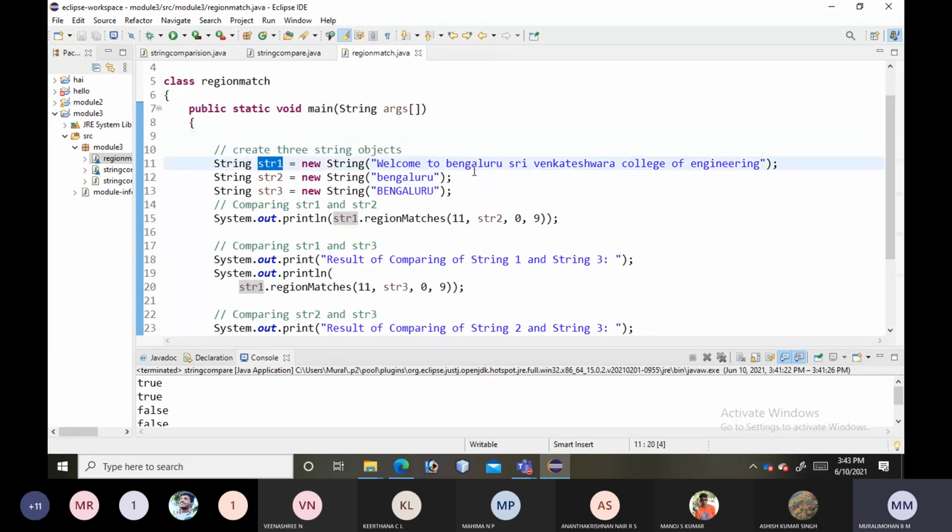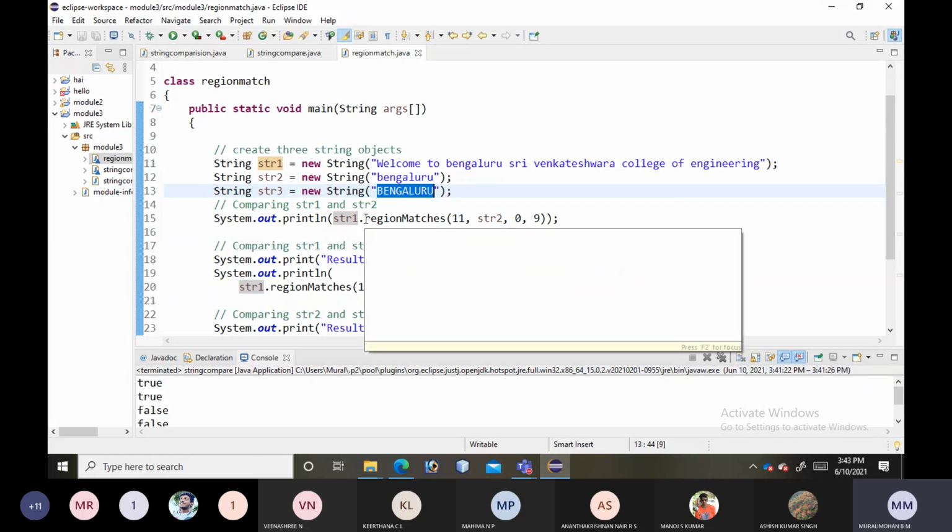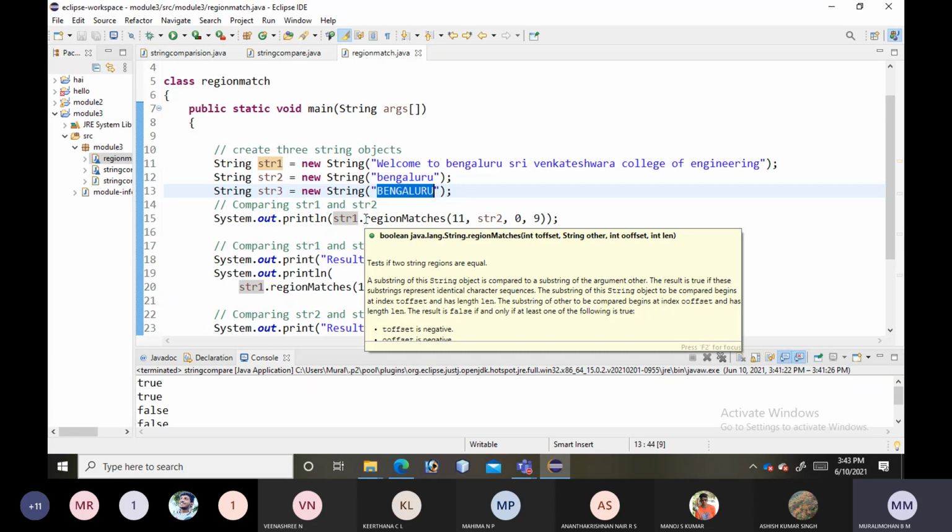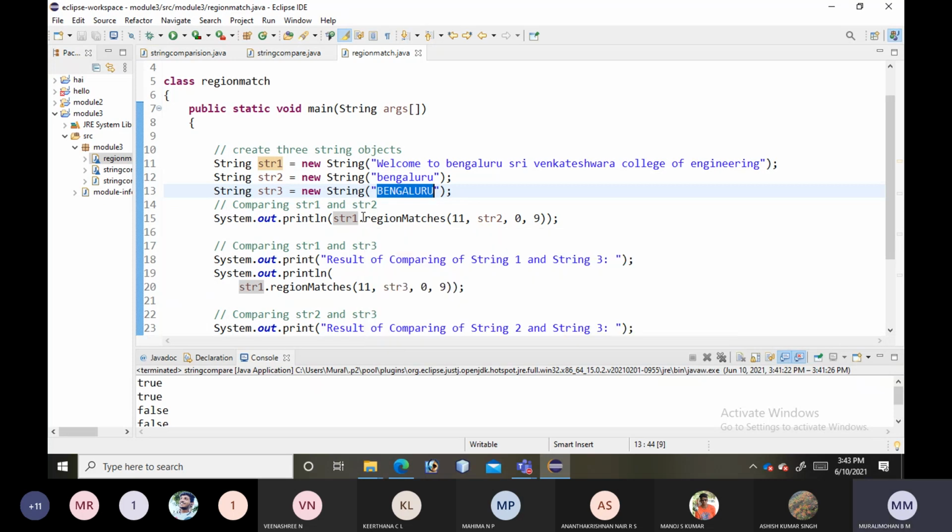The contents are welcome to Bengaluru Sri Venkateswara College of Engineering, right? And string 2 we are taking Bengaluru in lowercase. String 3 we are taking Bengaluru in uppercase, right? Now let us compare our region match, which means only a sub part or substring we are matching.